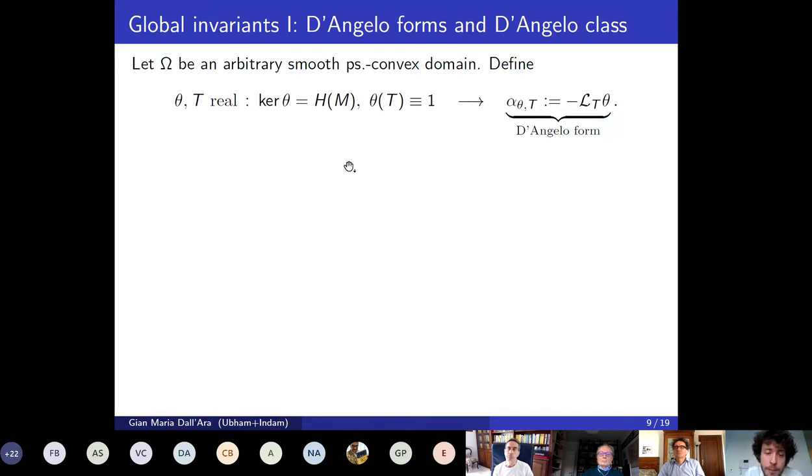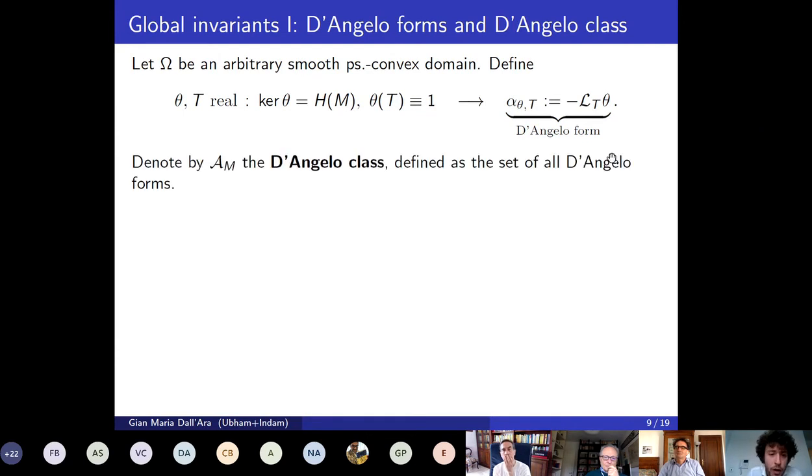Okay, given such a pair, theta, T, you define a D'Angelo form. There are many D'Angelo forms, one for each choice. A D'Angelo form alpha theta T is nothing but minus the Lie derivative along the direction T of theta. What this means is that theta is essentially a one form defining your CR structure, and T is a transversal vector field, as you see from here, right? Because to be in the kernel of theta means to be in the horizontal bundle. So T is transversal to the horizontal bundle, and what you are doing is differentiating this one form in the transversal direction. This is again a real one form,